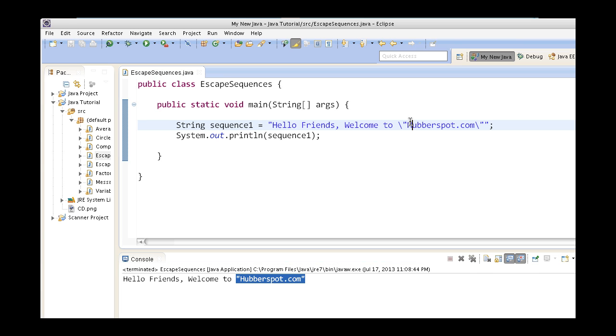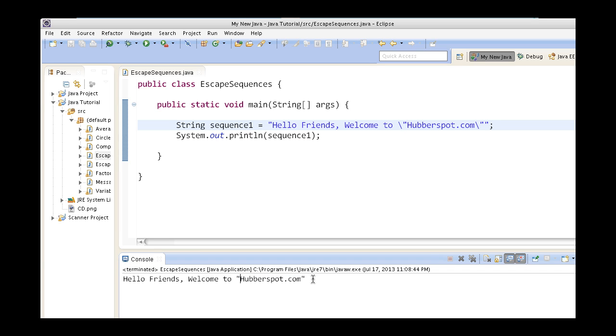Whenever the compiler sees a backslash, whatever comes afterwards is an escape sequence for the compiler, and it escapes it as it is by printing the double quotes. So the compiler just ignores these double quotes in the string, parses them as they are, and prints hoverspot.com in quotes.